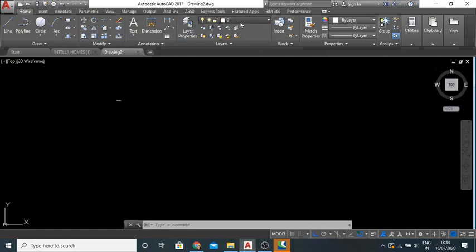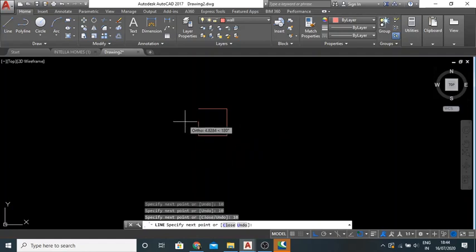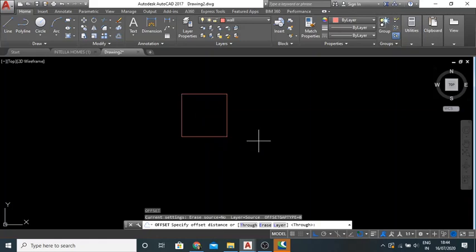Now the created layers can be seen here. For example, first I want to draft a wall. So I'll select the wall layer, select line, and press Enter. I'm just giving you an example here, with a wall thickness.